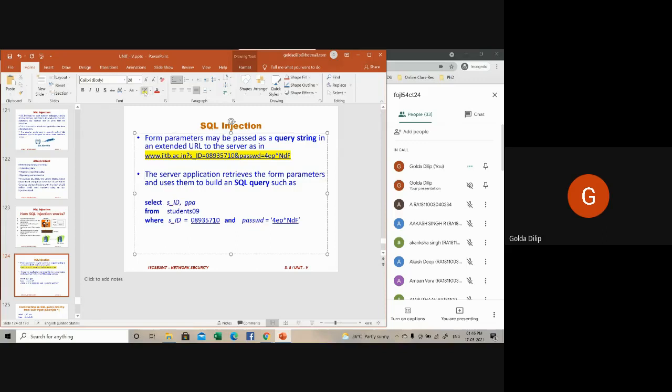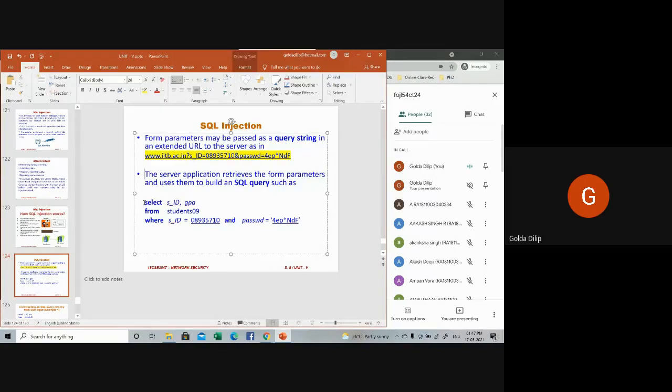The server application will retrieve the form parameters and then use them to build a SQL query, like what is being given down here. Select student ID, comma GPA from student 10 where S underscore ID is equal to this and password is equal to this.